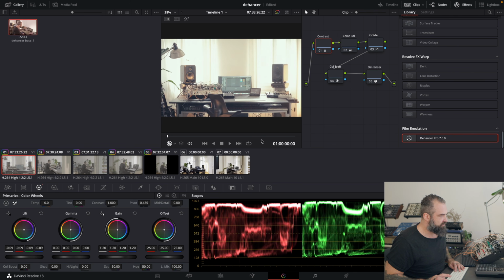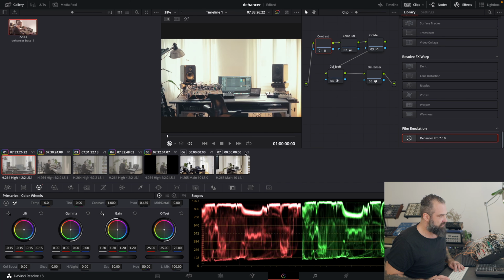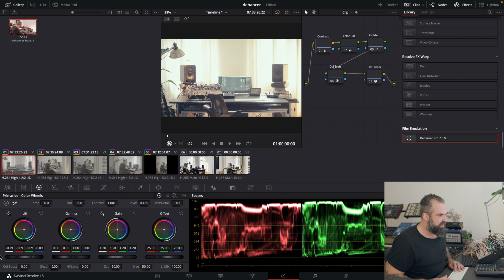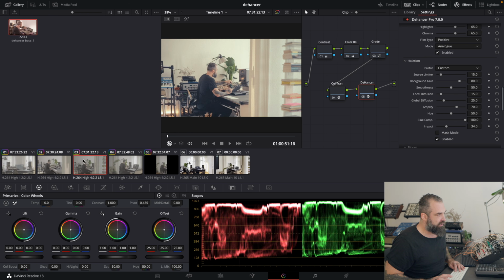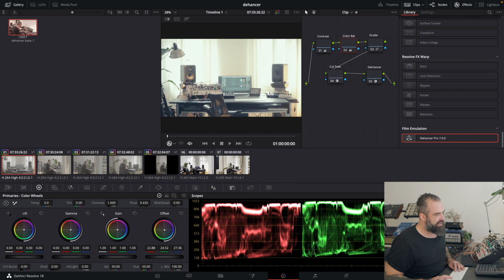So maybe balance it out because this was warmer, and go a little more like that until it looks right. It takes time, of course,